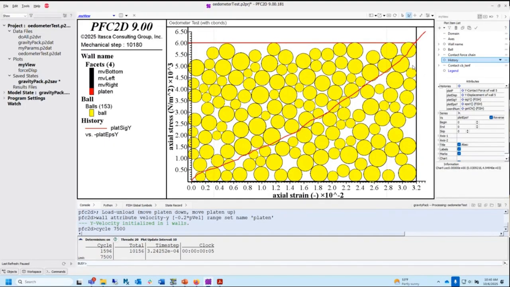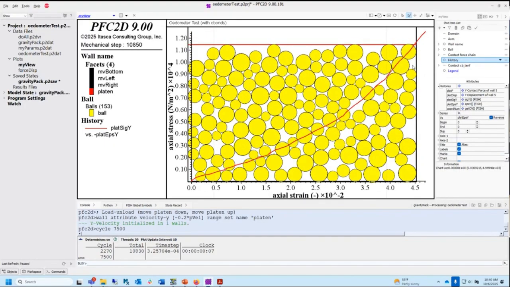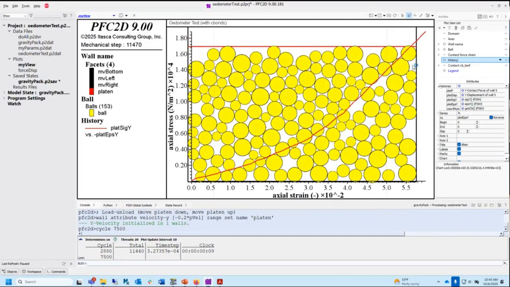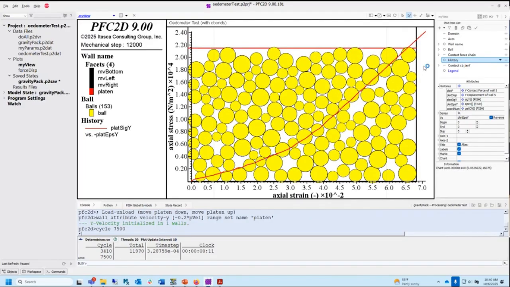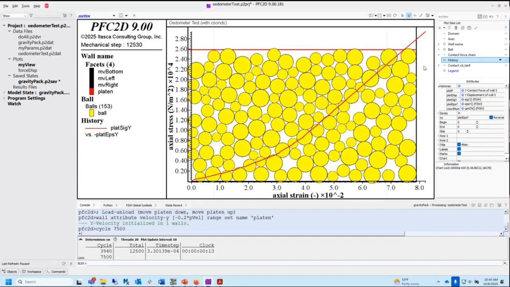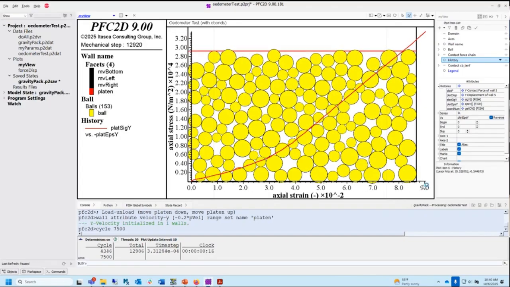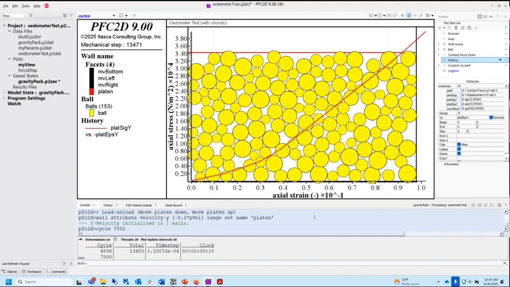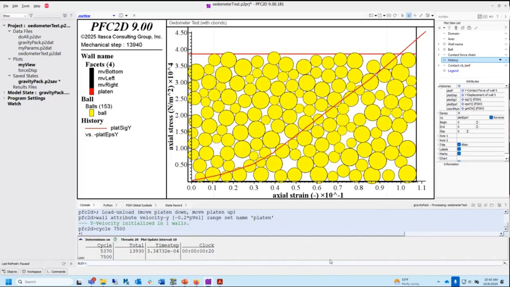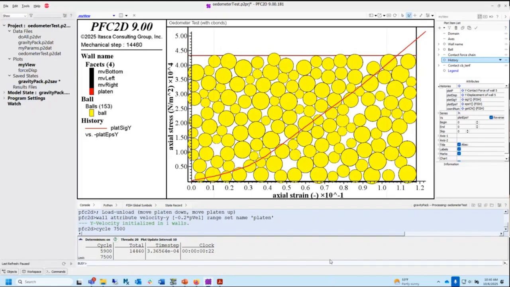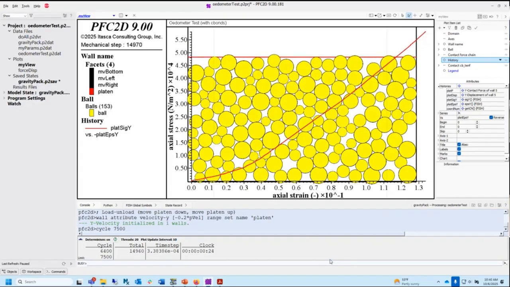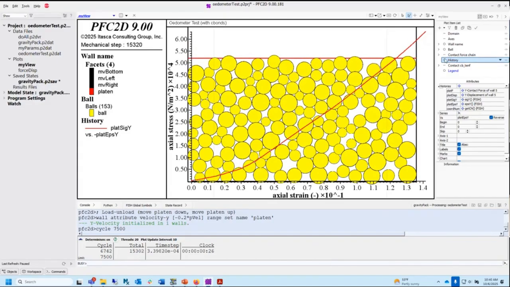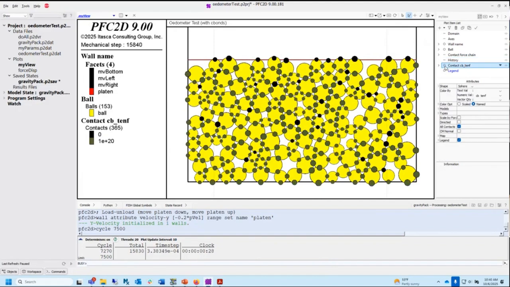Oh, wow, it's different already. It doesn't look like it's increasing as much. Well, maybe it is. Let's just see. So we're loading this for a certain number of time steps. We're not controlling the strain, we're just doing time steps. And the time step might be different here, so we might not get the same amount of strain. So this might actually go too much, because if they start overlapping too much, it's going to be crazy. And oh, there we go. Now it's unloading.